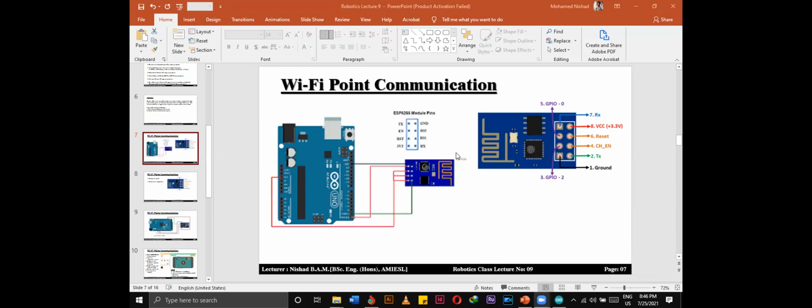Now get back to the lecture. So this is the Wi-Fi module we have. The Wi-Fi module is similar to the Bluetooth module. We have to give power to the Wi-Fi module. So we have to obtain 3.3 volts. In the Bluetooth module, we give 5 volts, but here we have to give 3.3, and then give it to the